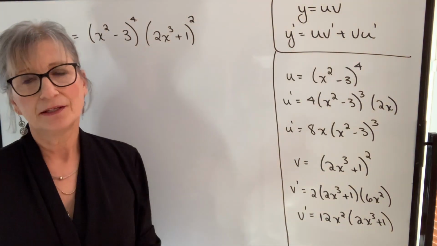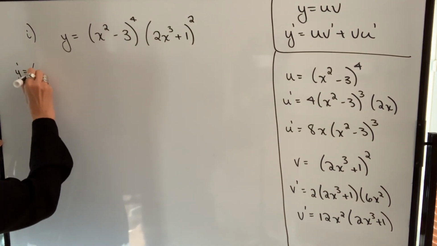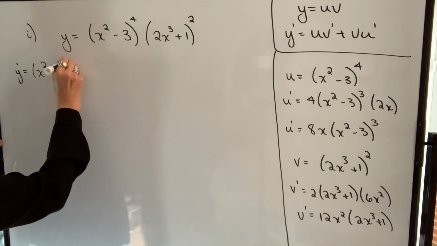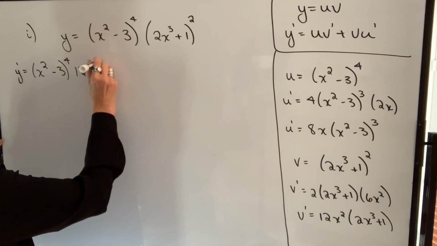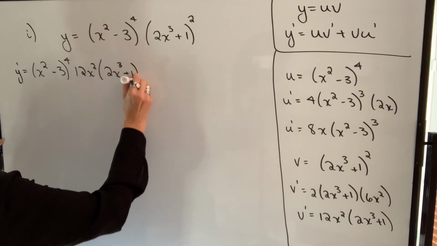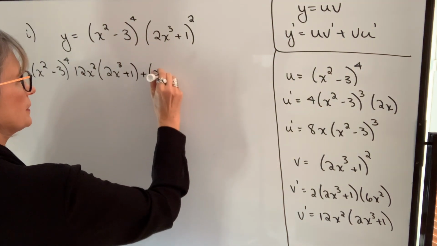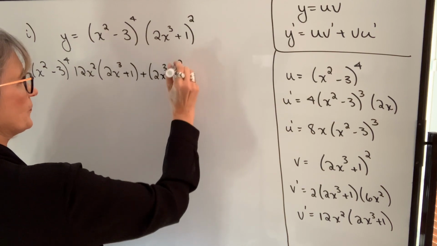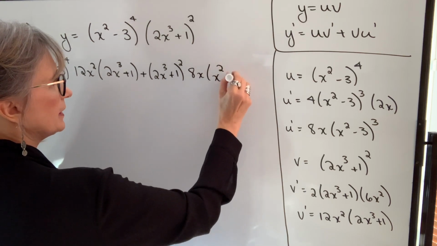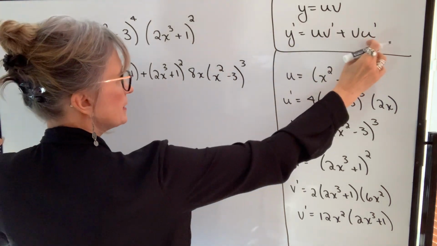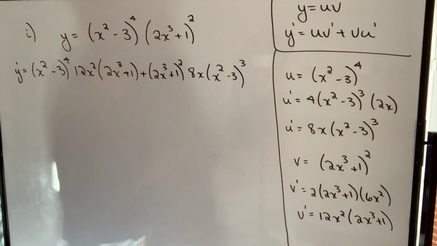Now I plug into my rule. So my derivative will be equal to u, which is x squared minus 3 to the power of 4, times v prime, which is 12x squared, times 2x cubed plus 1, plus v, which is 2x cubed plus 1 to the power of 2, times u prime, which will be 8x, times x squared minus 3 cubed. So I just plugged into that rule, u v prime plus v u prime. The calculus part is done,